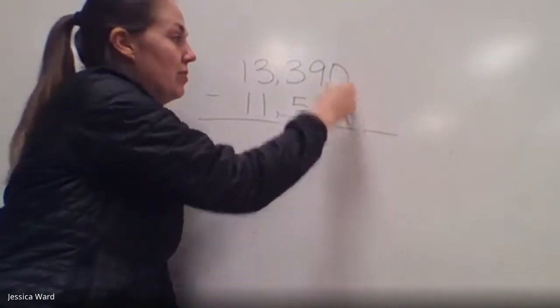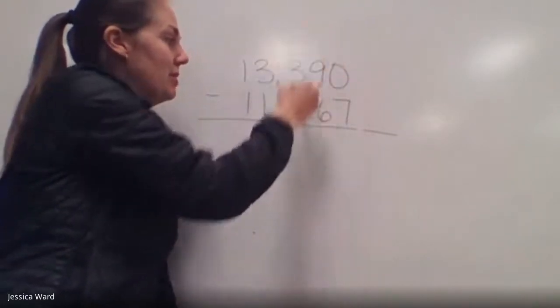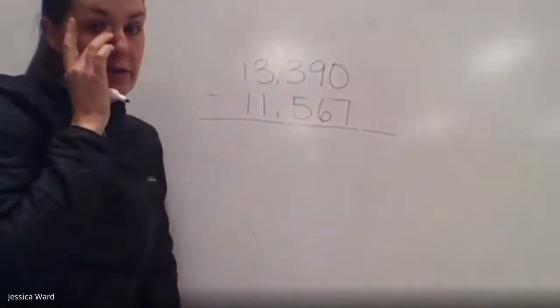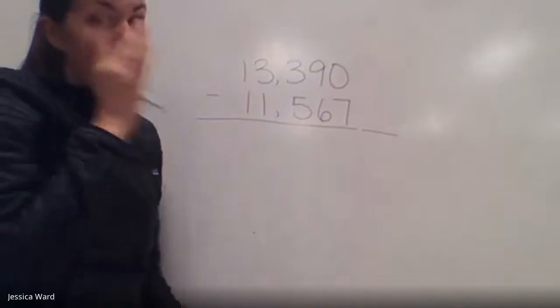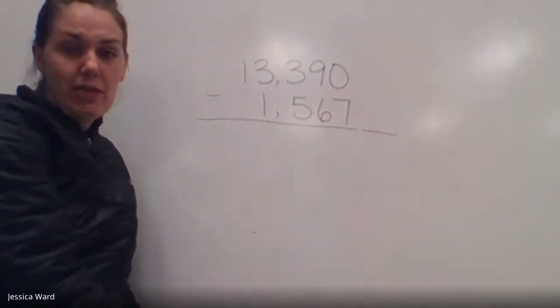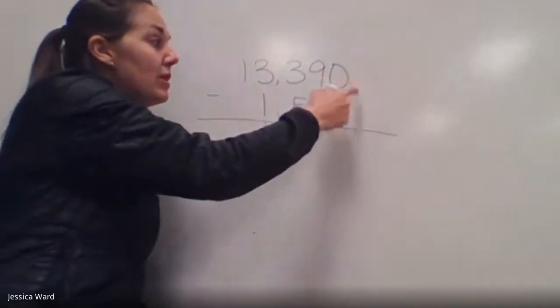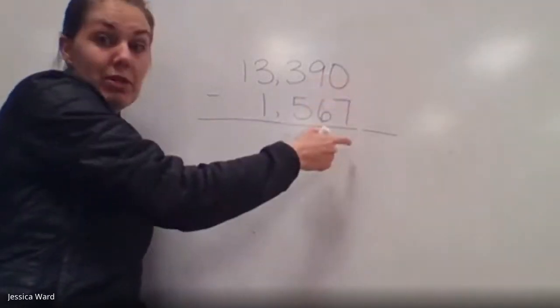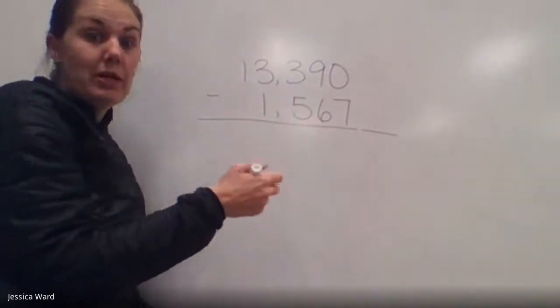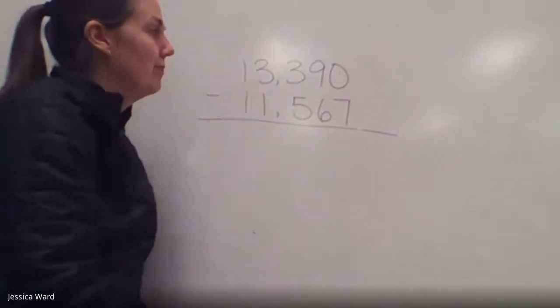I have numbers in the 1 place, I have numbers in the 10 place, 100 place, 1,000 place, 10,000 place. I'm good to go. If I had a different number like 1,567 that I was taking away, then I would still want to start by lining up my 1 place first and moving this direction so that I have my numbers still lined up together, but we have 11,000. All right,